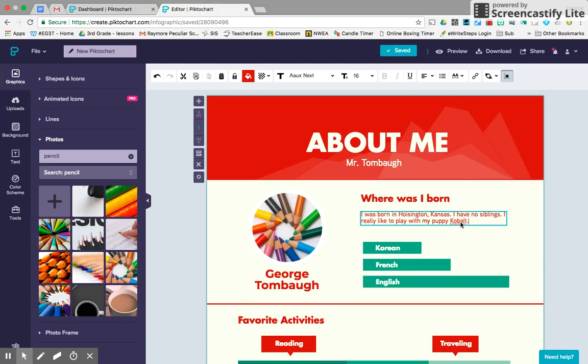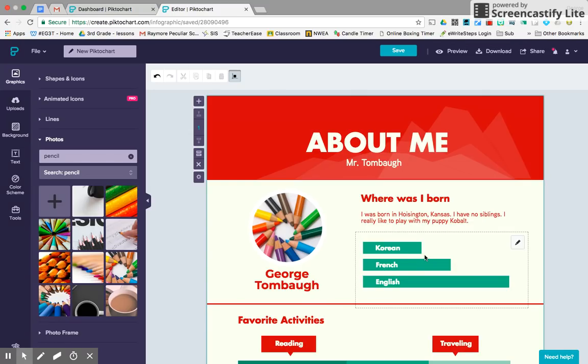Now if you notice, they do have spelling check inside of Piktochart, but that is the name of my dog, and so I'm going to leave it alone and click outside to make sure my font stayed perfect. Now, if you haven't done these different things, change your picture, added your name here,